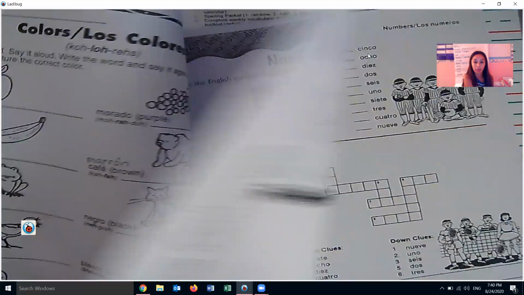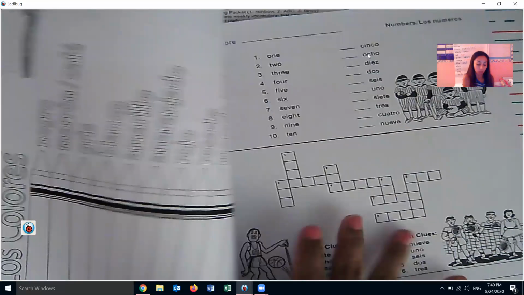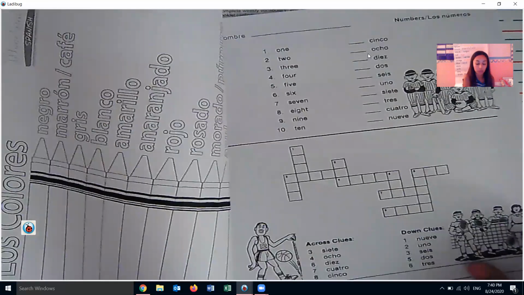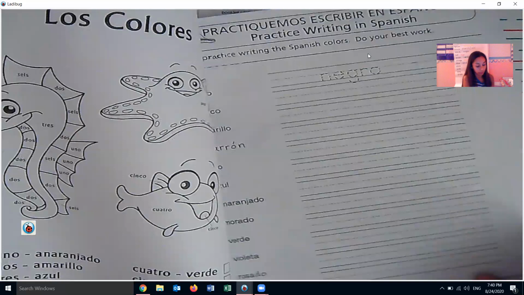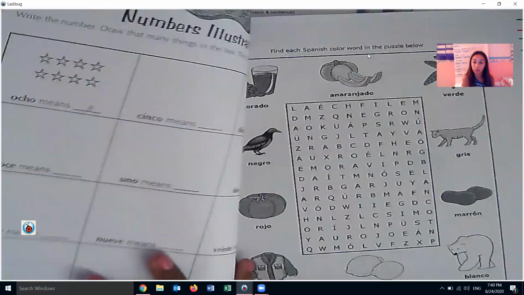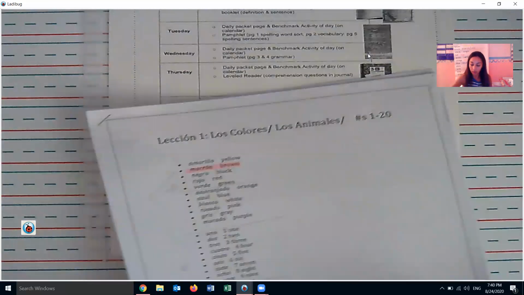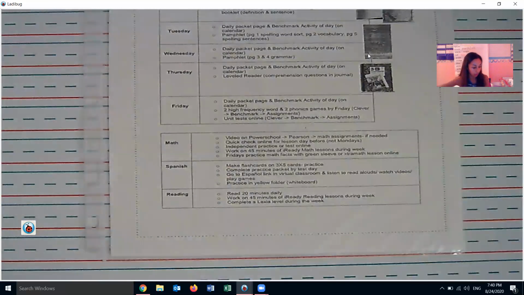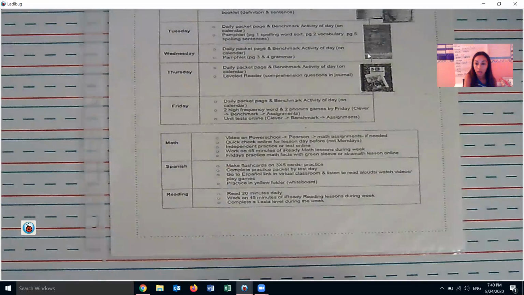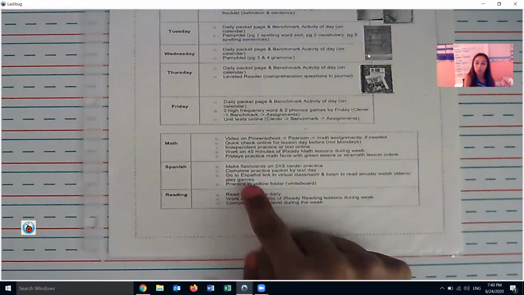using the vocabulary words from our list. So this one is our numbers, our colors. So these are all here. So different ways of practicing these words and how to spell them. So that's our Español. And then it just says, now that Seesaw is back up, you can also go into